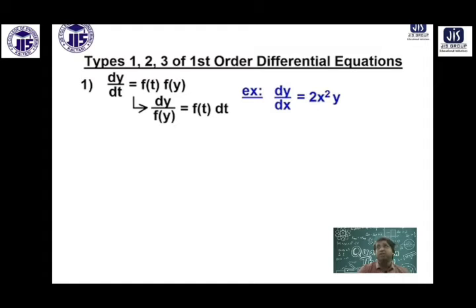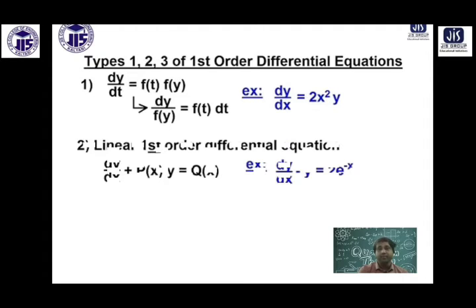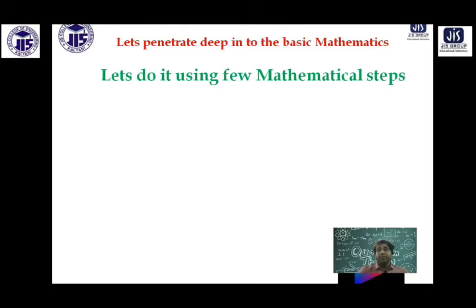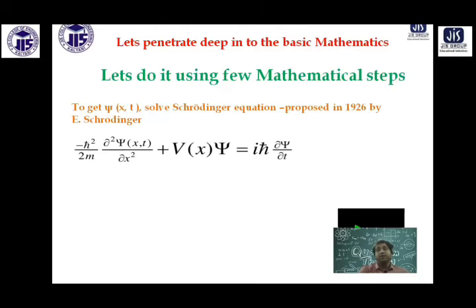If you integrate this differential equation, you will get the function. So the technique is that you have to solve a differential equation to get any function. Similarly here, psi is a mathematical function, so to get psi you have to solve a differential equation. That differential equation looks like this. This equation was proposed long back, at a dinner party in 1926, by an Austrian scientist, Erwin Schrödinger. Schrödinger proposed this equation.